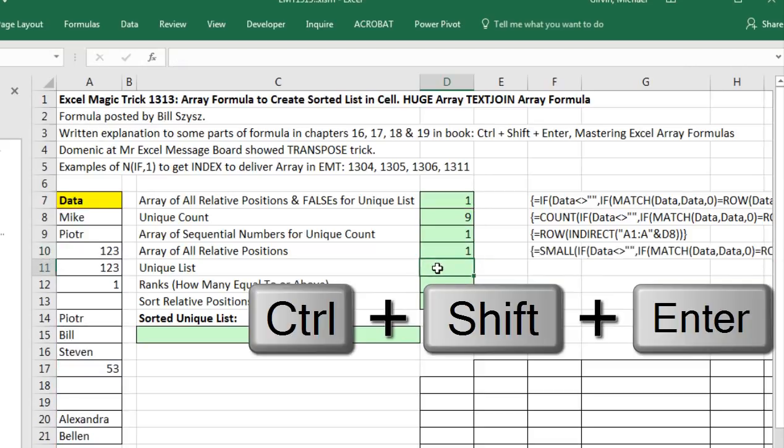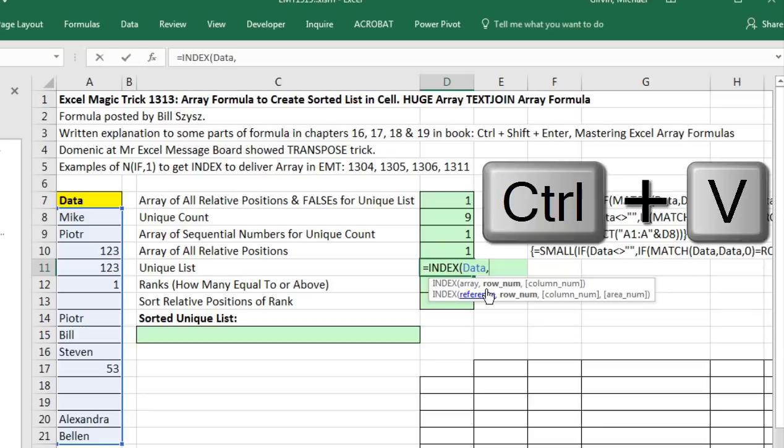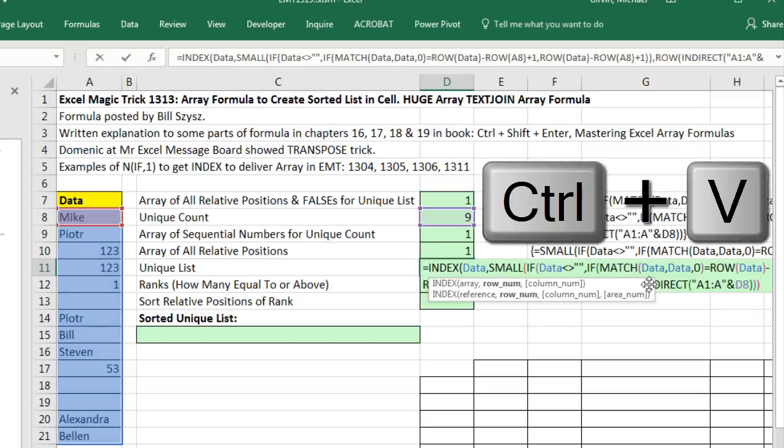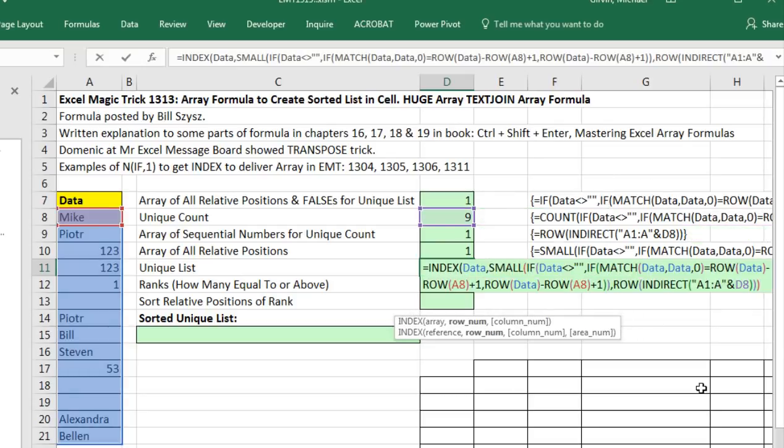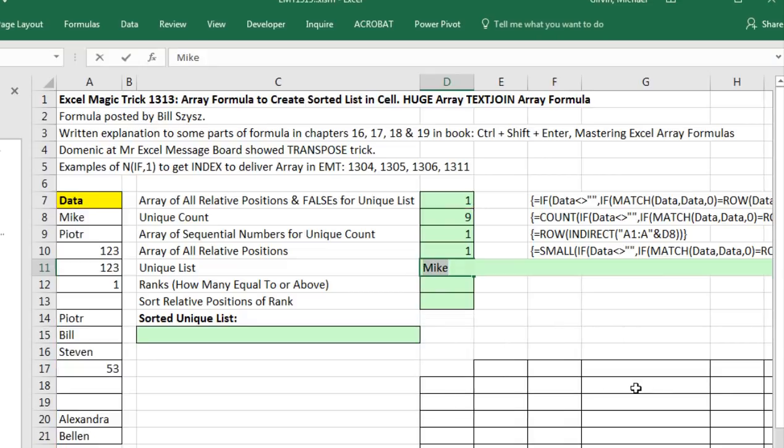Now we want to create the unique list. Remember, there's our array of relative positions. So now I can simply say equals INDEX, and INDEX, I need you to look through this whole list here, comma. And then I need all the row numbers simultaneously, so I can paste this Control-V. Remember, that's got the relative positions. Close parentheses. And if I F9, as we saw back in Excel Magic Trick 1304, 5, 6, and 11,